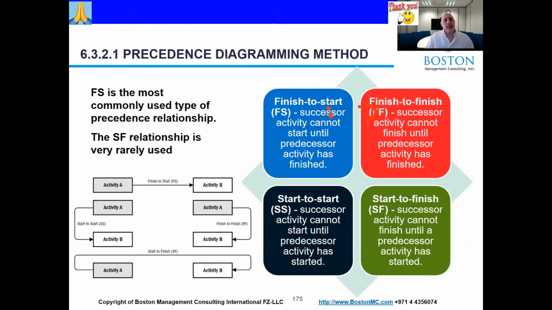They have to start before the first shift will finish. So in rotations like that, you will see start to finish. But in construction, we hardly ever see that. All right. So these are the 4